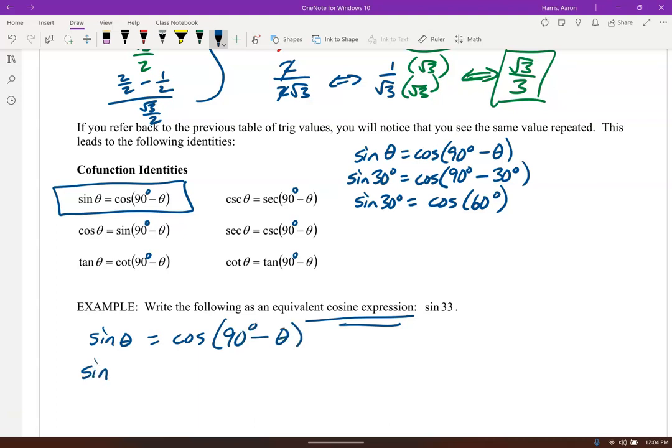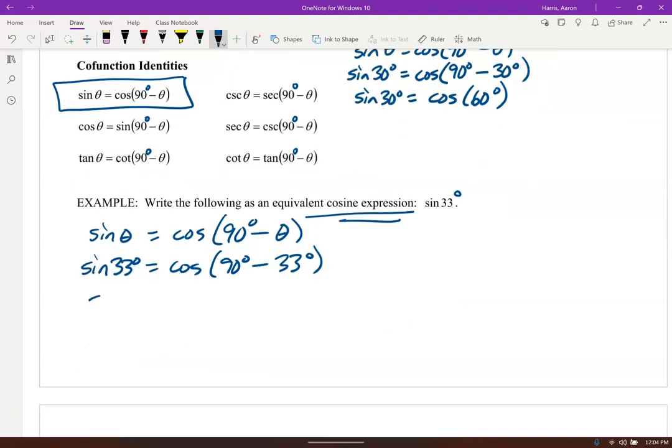Notice I have 33, and by the way, that's supposed to be 33 degrees. That's my theta. So 90 minus 33 degrees. So sine of 33 degrees is actually the same thing as